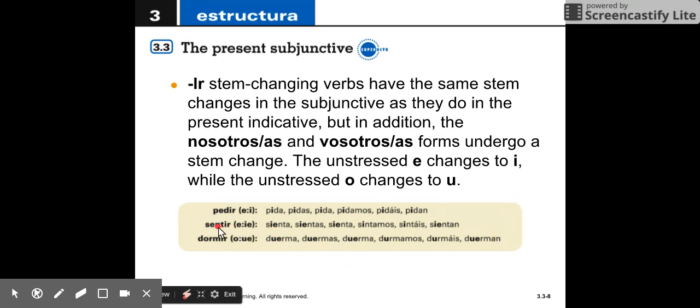However, what's complicated about this is the verb sentir. It means to feel sorry. It is an E to IE verb. You'll notice that the yo form has an E to IE. This has an E to IE. El usted has E to IE. Ellos, ellas, and ustedes have an IE, I'm sorry. But what's different is IR stem changing verbs